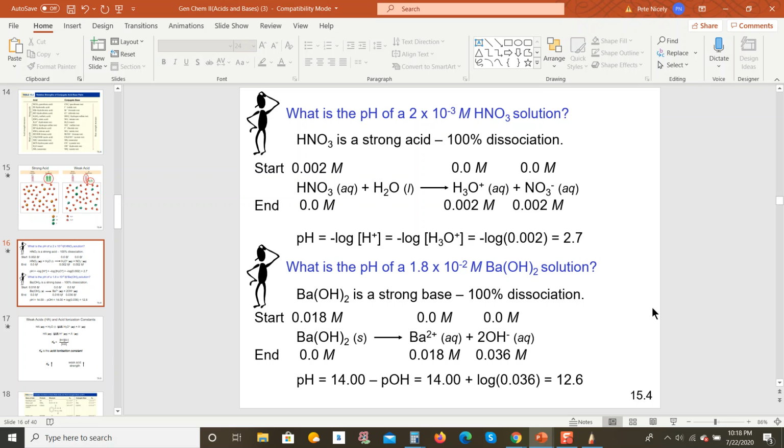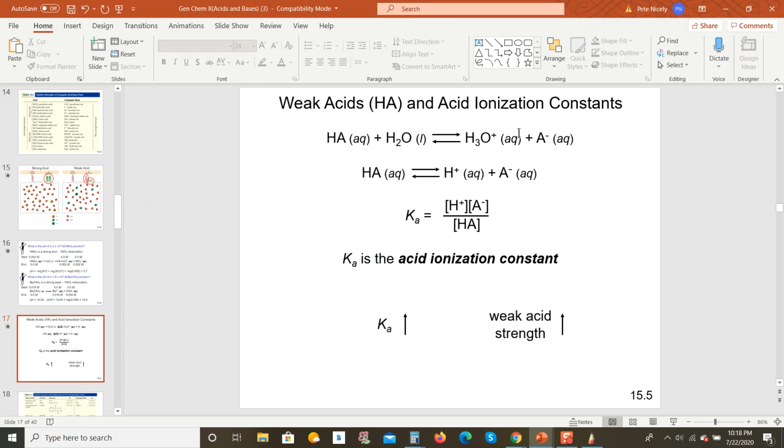Okay, in fact, we're going to stop here. The next video we'll look at will deal with some calculations of pH with respect to weak acids and later on weak bases. Okay, until